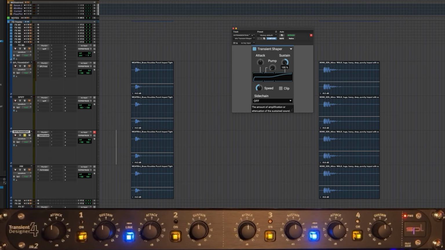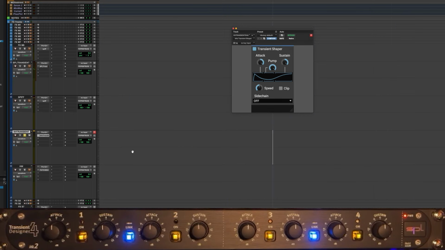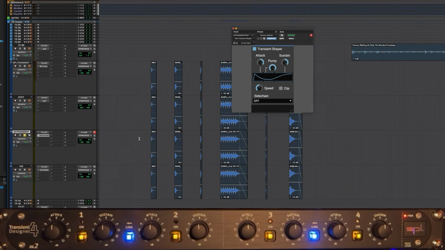So we'll see what these settings sound like in their extreme states. So you can hear when I turn this pump up, it's getting rid of sort of the meat of the body there. So if we were to look at this waveform really close up,